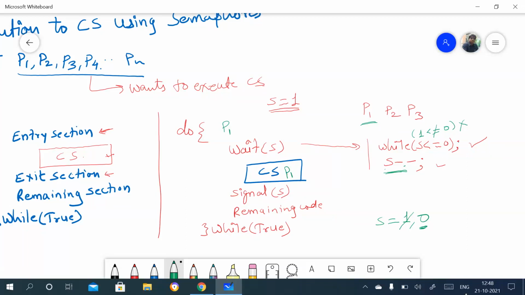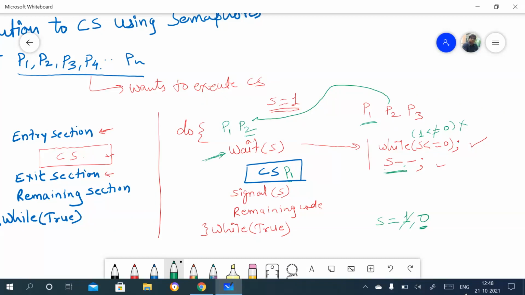Now suppose consider that P1 is in the critical section and P2 wants to enter into the critical section. Getting my point? P1 is already in the critical section and P2 wants to enter. It means P2 needs to execute this entry code, that is the wait function, right?